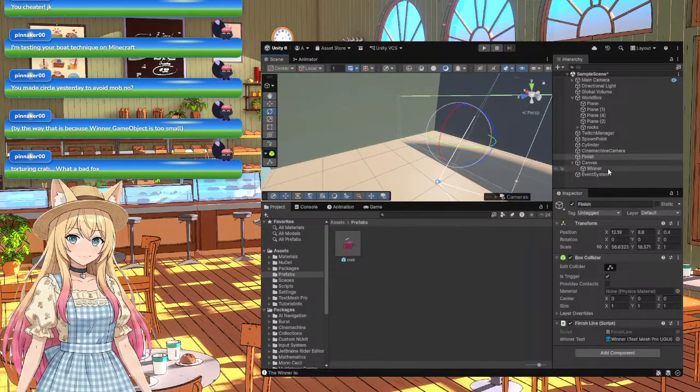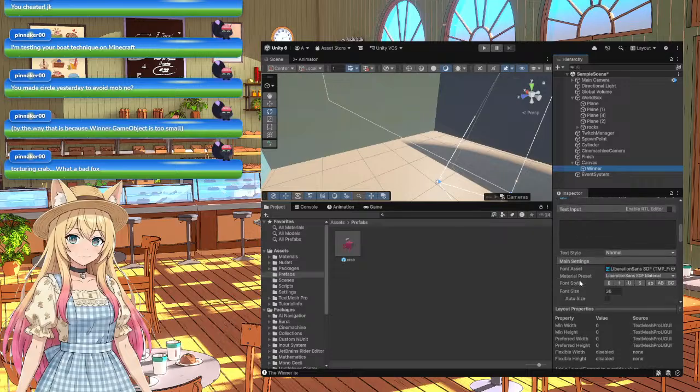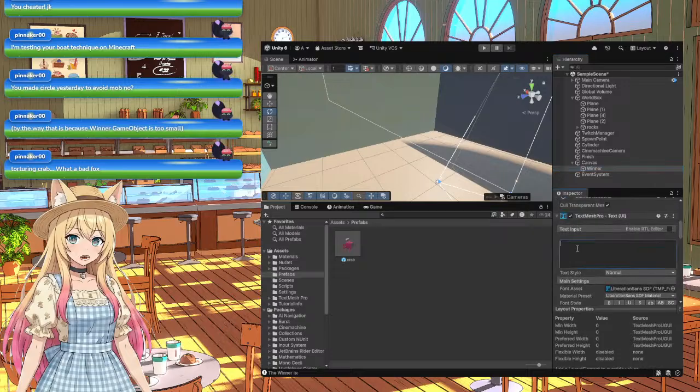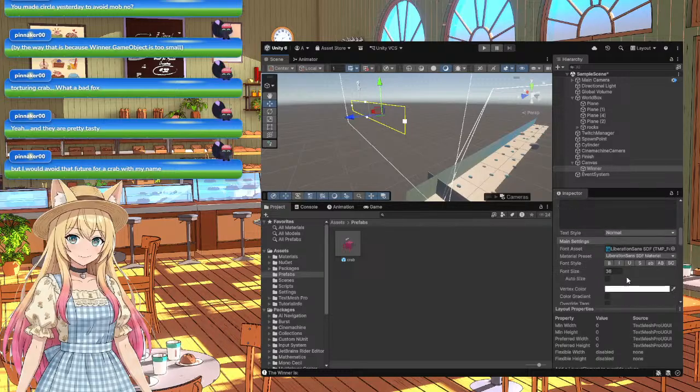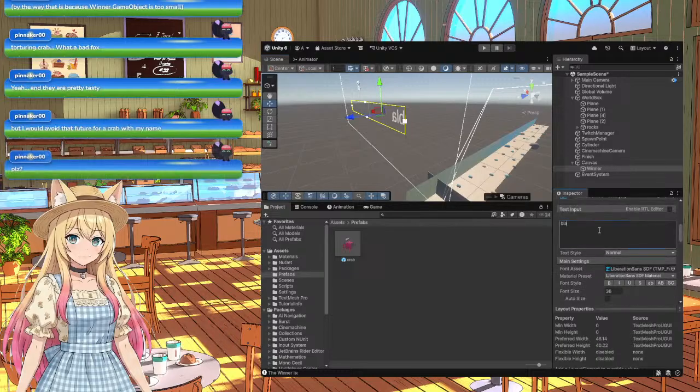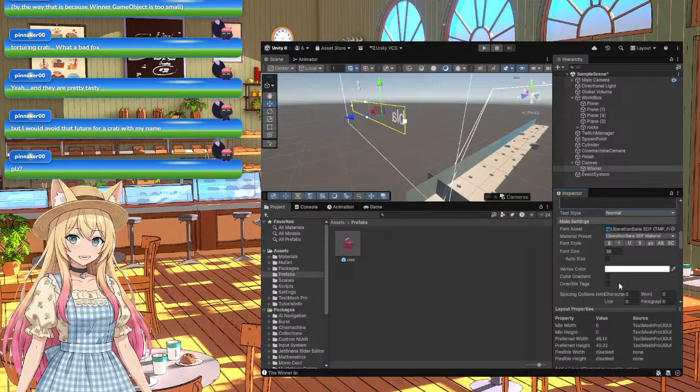Okay. Alright, real quick. Needed to fix this. Let's make that bigger. And let's move it. That should look good. And just to see it. Yeah,